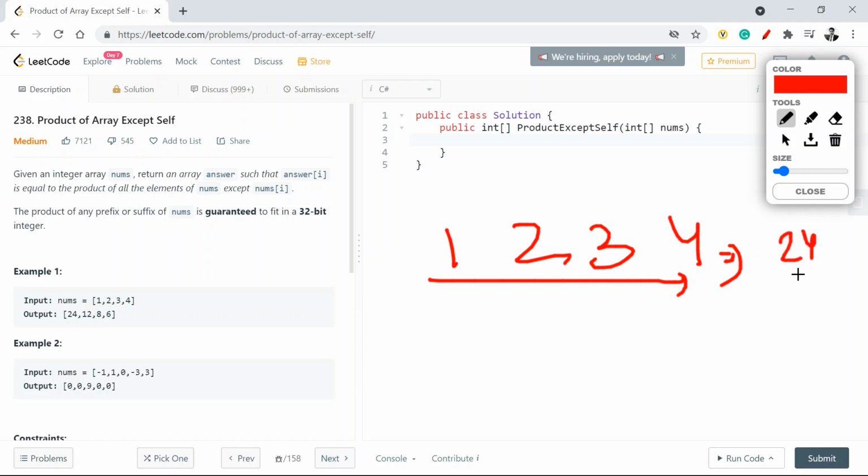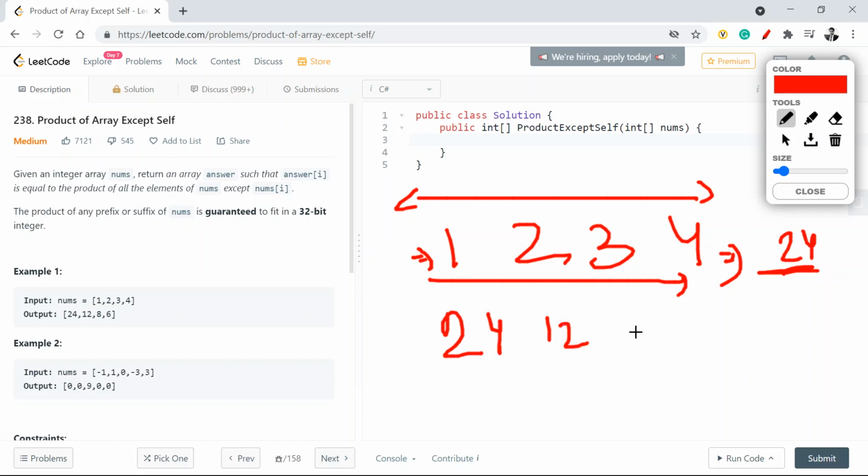So what we'll do is look at one index and divide the overall product of the entire array by that index value. The entire array multiplication is 24. If I divide 24 by 1, that gives me 24. If I divide 24 by 2, that gives me 12. By 3, that gives me 8. And by 4, that gives me 6. This is the output which is expected.